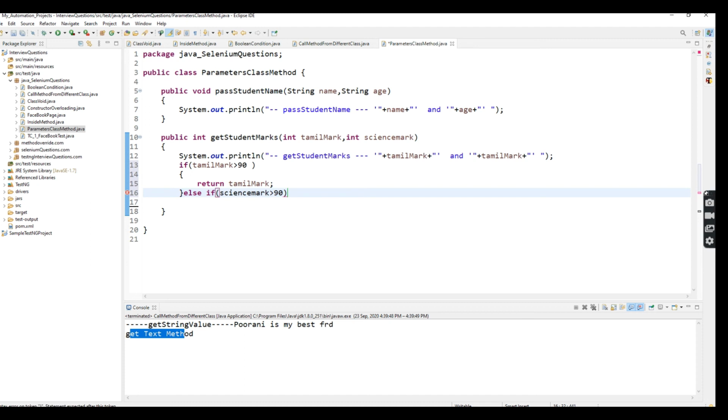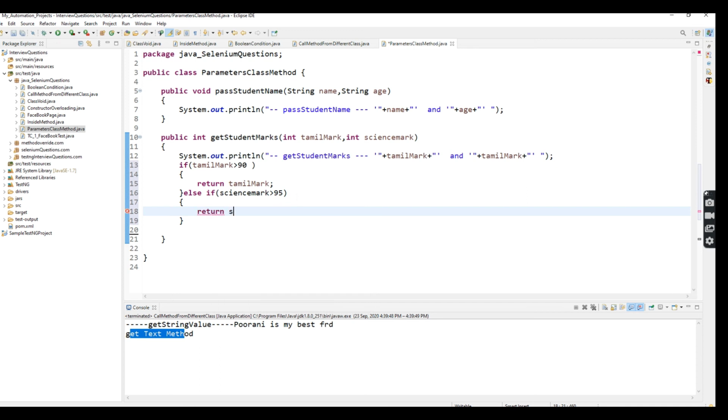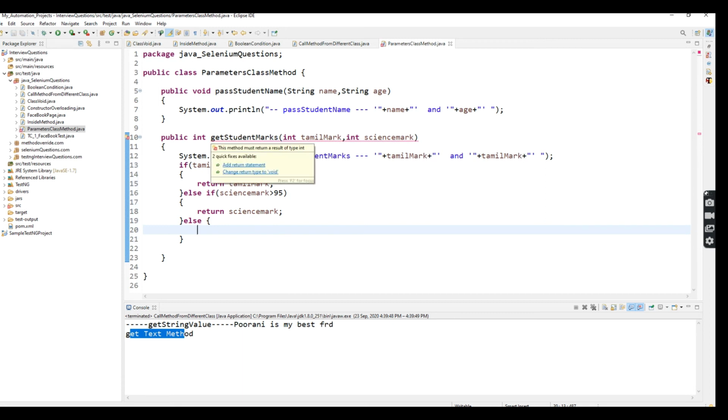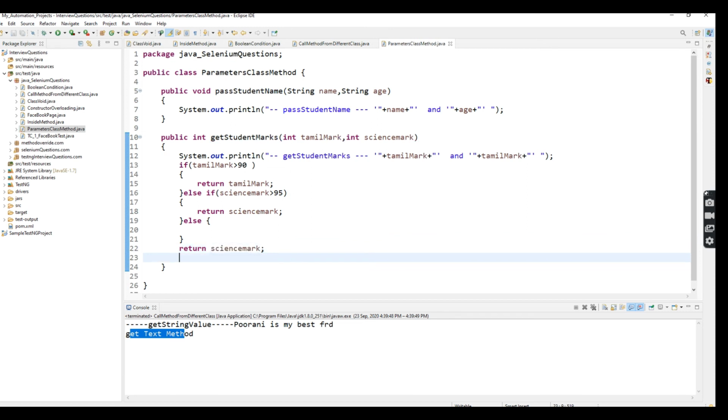So here, okay, 90, I'm giving 95. Okay. So here I'm going to return science marks. So now we have the else part. So it will throw one error, right? Add return statement. So finally I return the science mark.